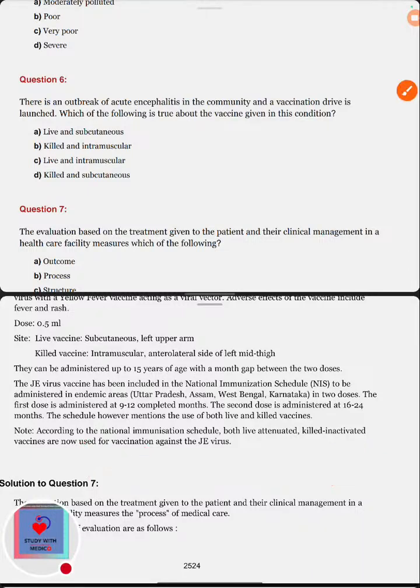Again, the schedule, however, mentions the use of both live and killed vaccine. According to the National Immunization Schedule, both live and killed, inactivated vaccines are now used for vaccination against the JE. So